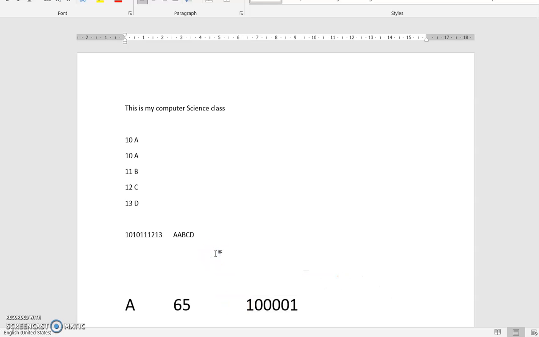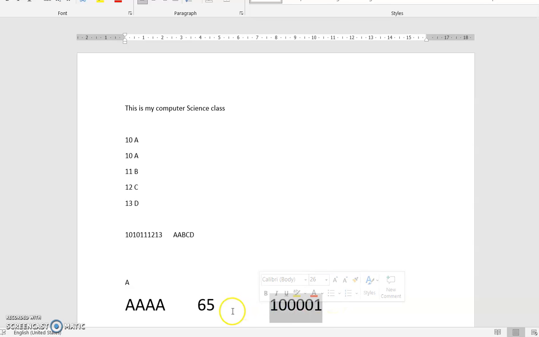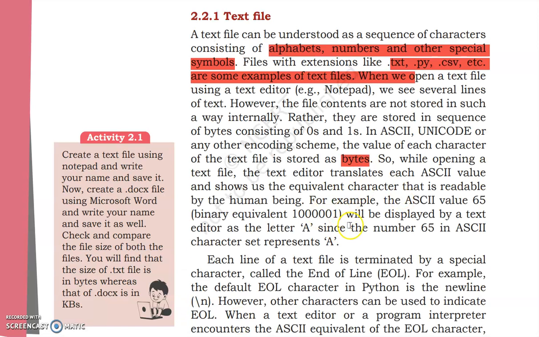So in the computer it is stored as this in binary form, and when on the keyboard I click on an A, if I am typing and I click on A, it is quickly going to convert this value into 65 and 65 to A, and it is this A that I will see on the screen. Whenever you click on any alphabet of the keyboard, you will not see these numbers, neither these numbers. You will only see the character that you have clicked, because it is quickly converted. Okay.